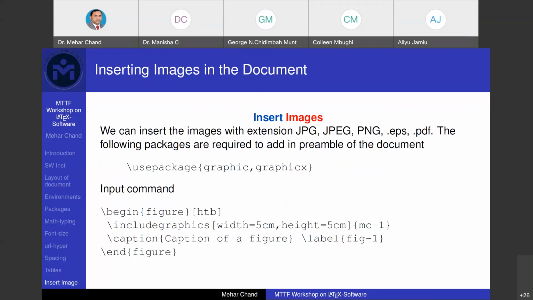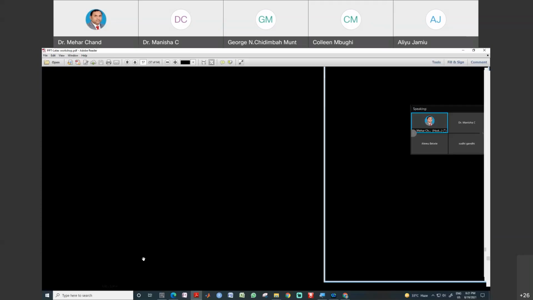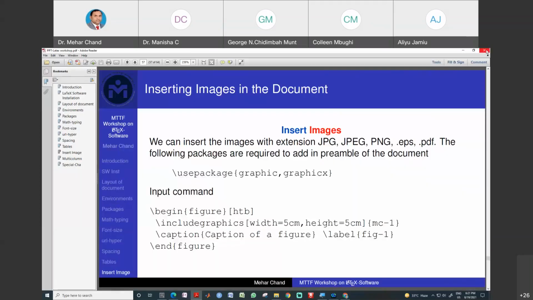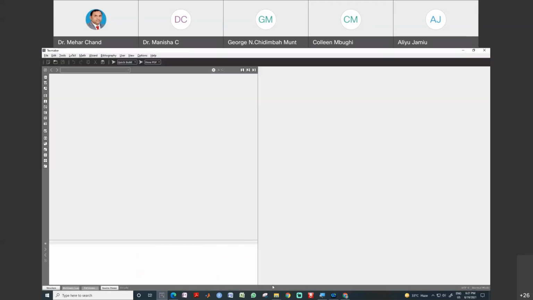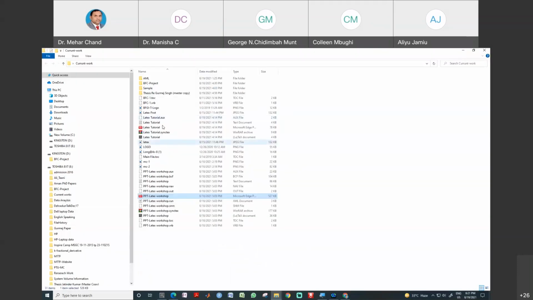So I will close this presentation first, and then I am going to my current folder. First, see here, LaTeX tutorial. This is the LaTeX tutorial file, and it has been opened, and I am also opening the PPT.